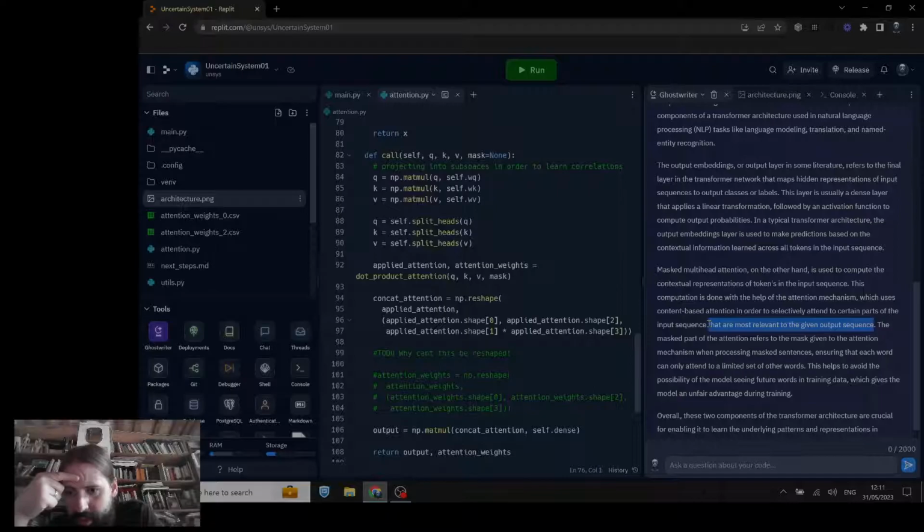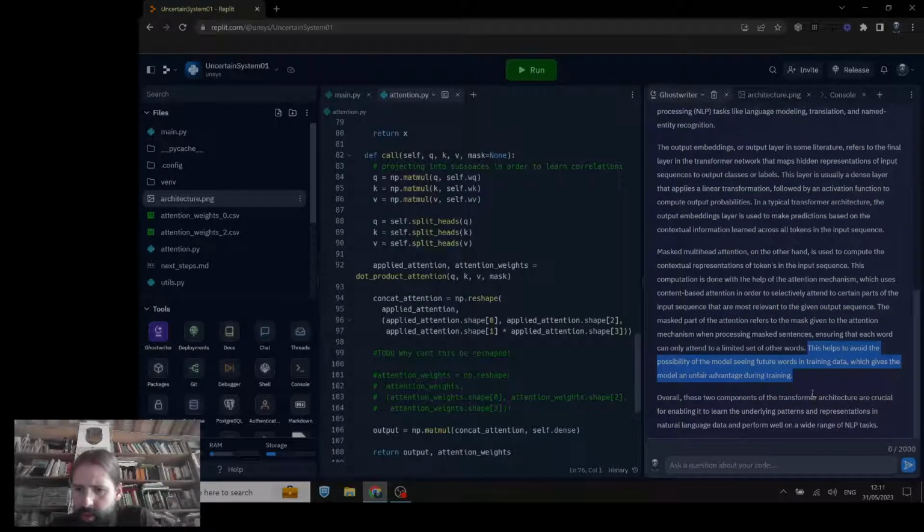This helps to avoid the possibility of the model seeing future words in training data, which gives the model an unfair advantage during training. But isn't that what we really want? Overall, these two components of the transformer architecture are crucial for enabling it to learn patterns in natural language. Okay, so